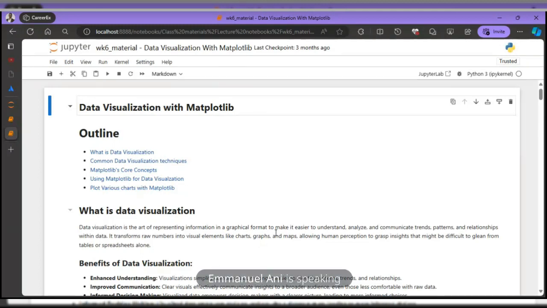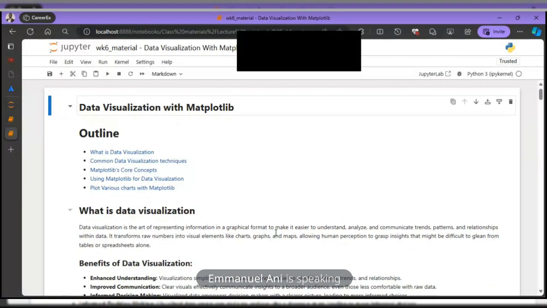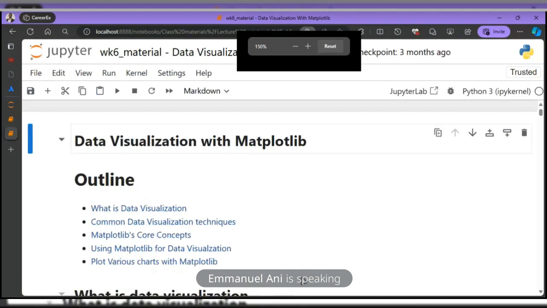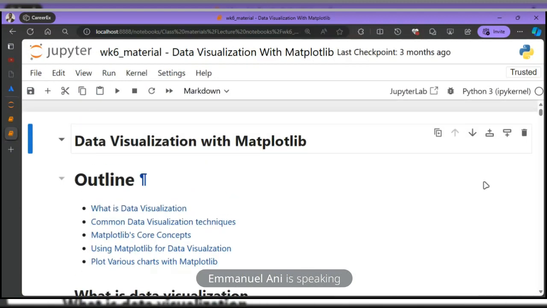All right. I'm going to zoom in. I just want to be sure that we can see the screen. Okay. All right. So today we'll be looking at data visualization with Matplotlib. What we will be doing basically today is I will give us a general overview of what data visualization is, the essence of data visualization, and then we're going to move into Matplotlib, using Matplotlib to plot charts and graphs and basically just do data visualization in